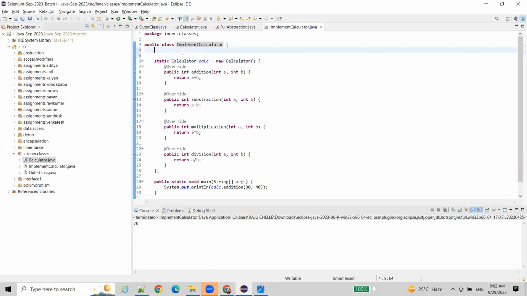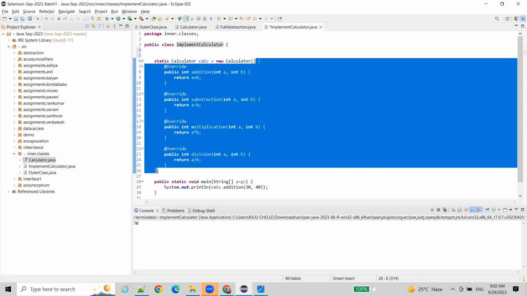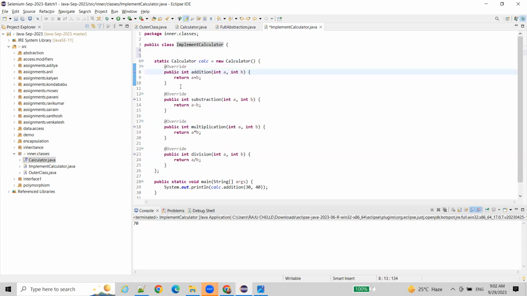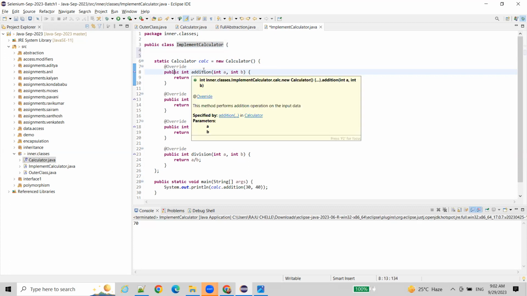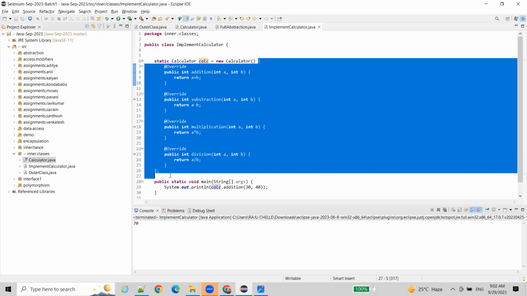Suppose you don't want to use implements, and you want to use the interface as a reference for your methods, then you can use the anonymous class. In the anonymous class, you can create the methods, you can override the methods, and you can give access to those methods to whatever reference you want. So based on this anonymous class usage,